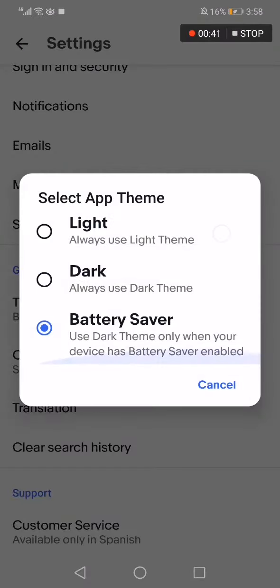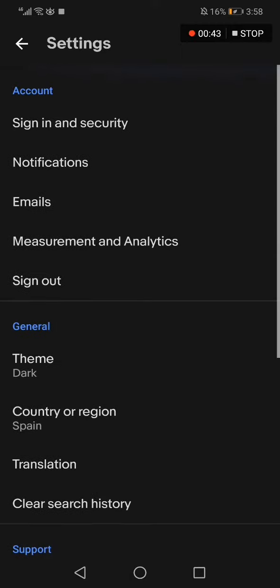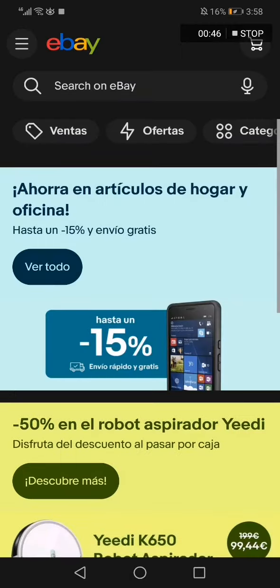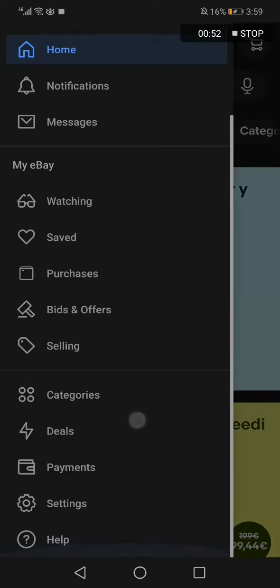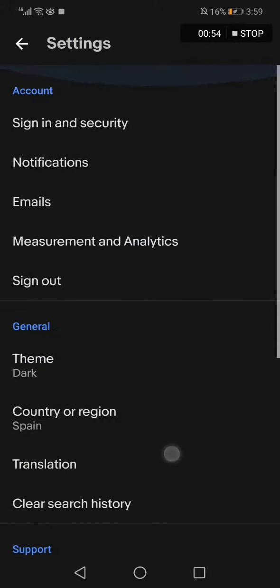Now click on dark, and now my eBay is on the dark mode. And if you want to turn it off and get the light mode, just go back and click on theme